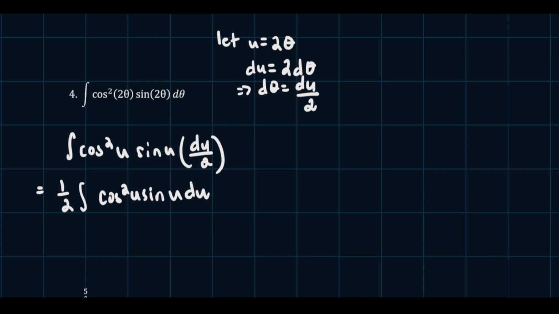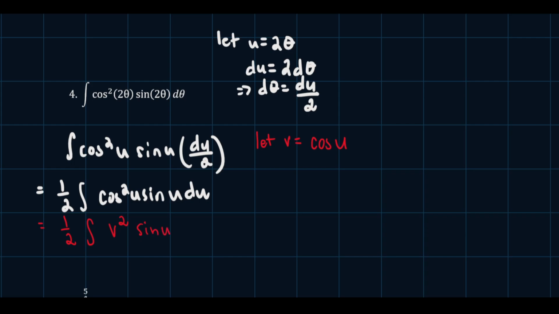However, hindi pa rin natin masosolve itong integral na to basta-basta. So, we make another substitution. So, nasa sa inyo na kung aling variable yung gagamitin nyo. So, since ang kasunod ng u sa alphabet ay v, yun na yung gagamitin ko. So, we let v be equal to cosine u. Okay? Na integral ng v squared sine u,